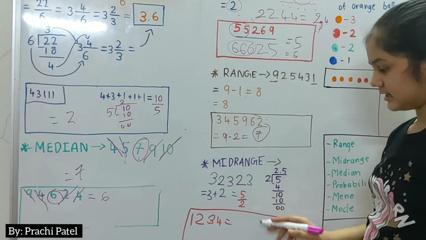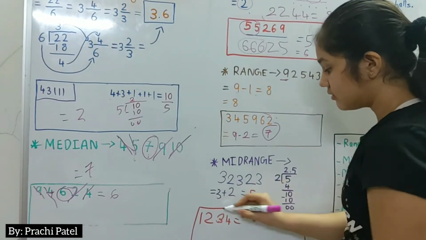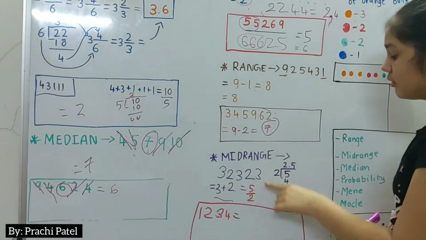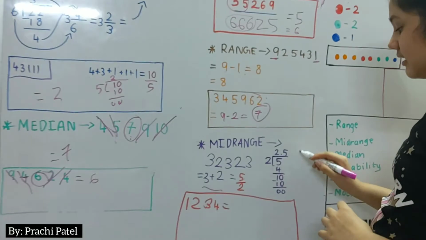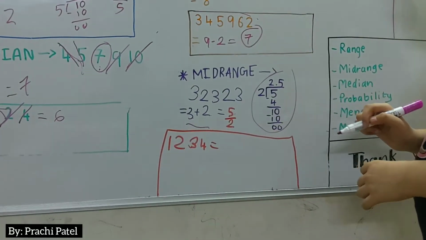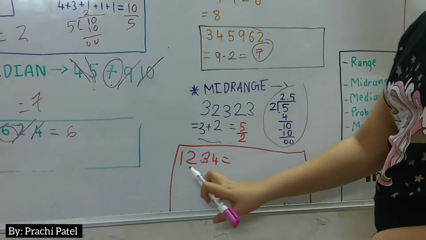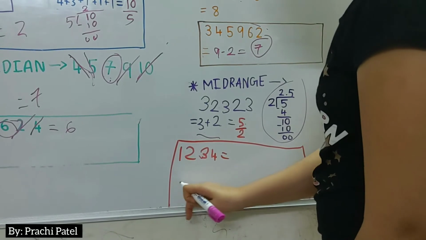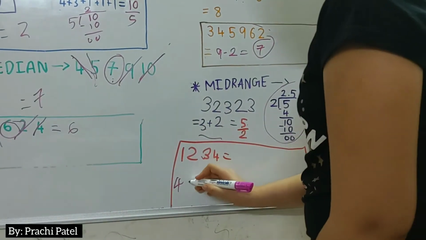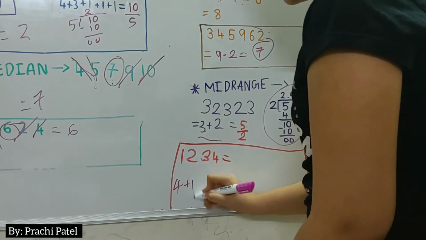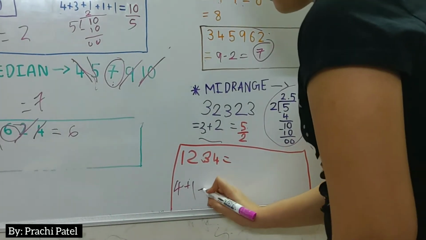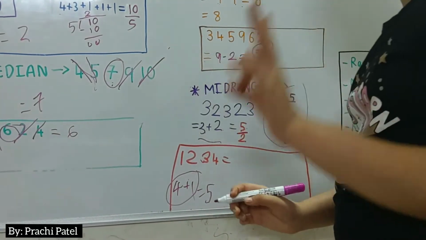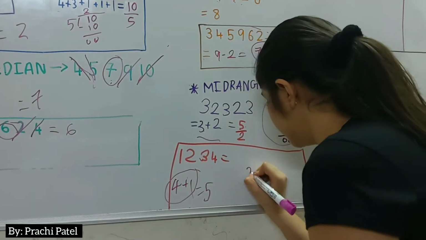So we wrote the 5 over here, and because we took two numbers, that's why we need to divide it by 2. So here I have shown the division, and I will also show you over here. So we have 1, 2, 3, and 4. Our highest number is 4, and our lowest number is 1, and we need to add them. So 4 plus 1 is 5. Now as I showed, we have to divide it by 2. So here I will show you a division.